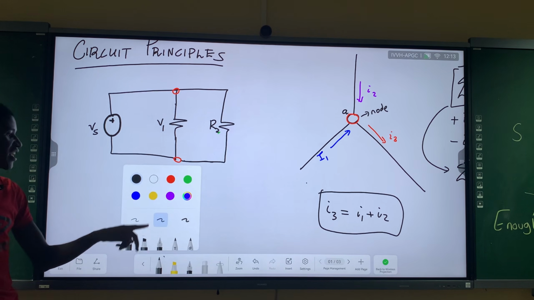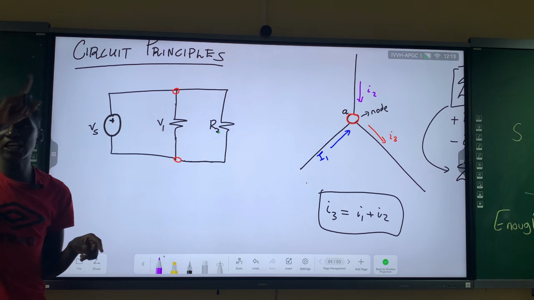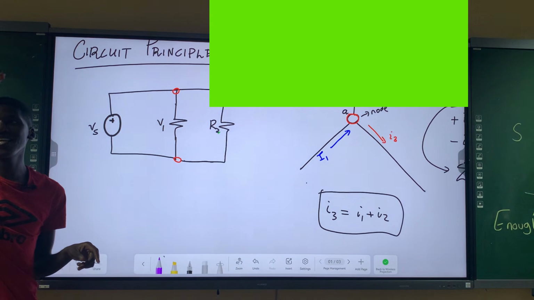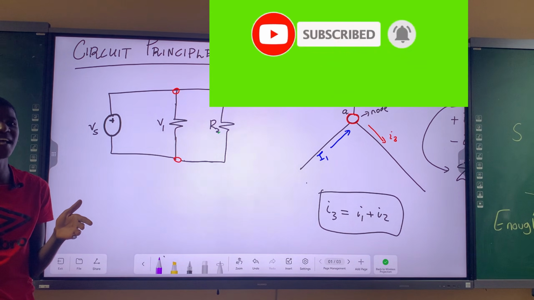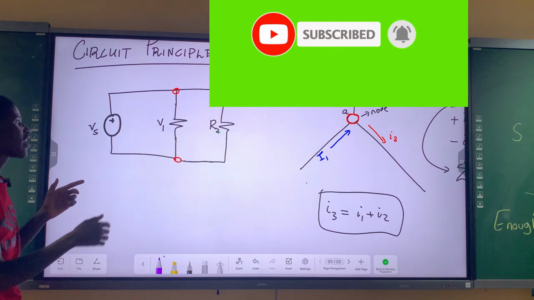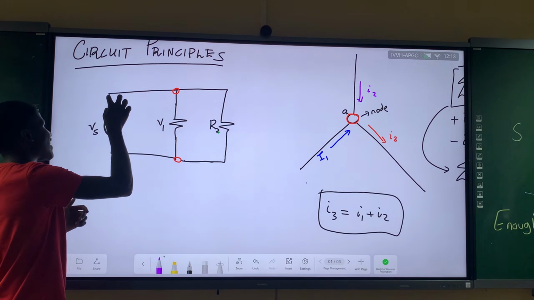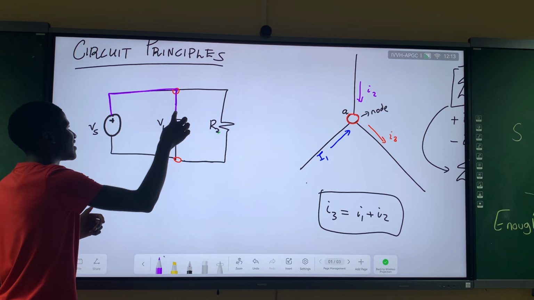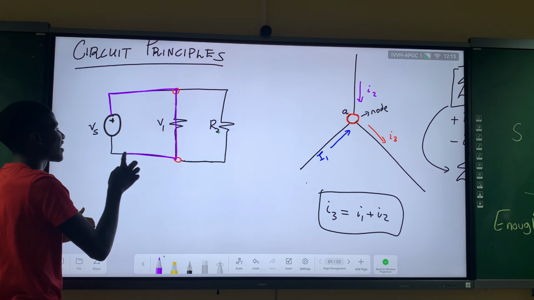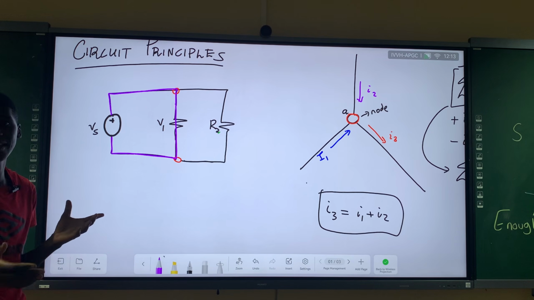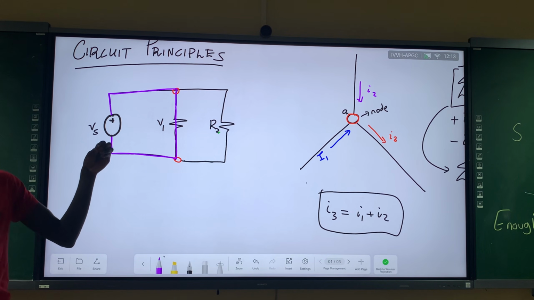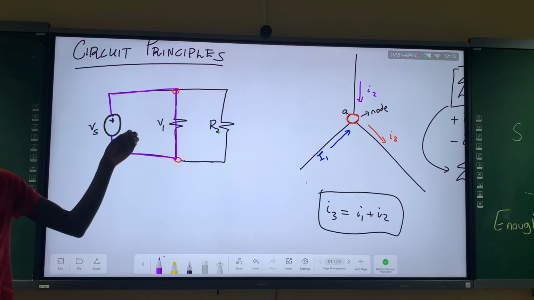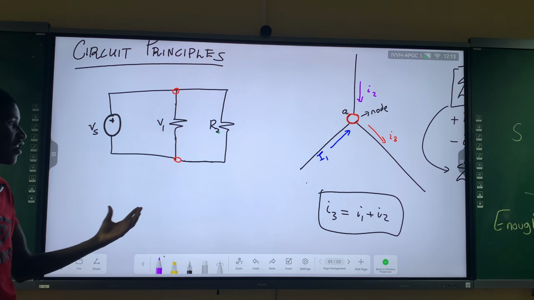So when you are choosing a loop here, a loop is just a closed path. It means you have a wire that is closed, not breaking in between. You see. So for example, if we look at this wire here, it is not breaking at any point. The wire, it is not breaking at any point. No, it is not open. It's a closed path. So remember, the current can only move when the path is what? Is closed. Otherwise, if the path is open, no current.